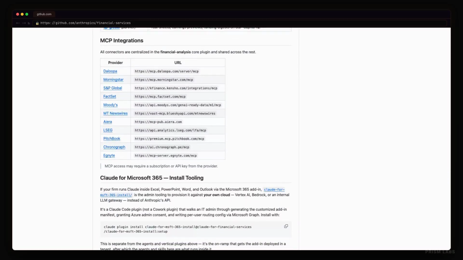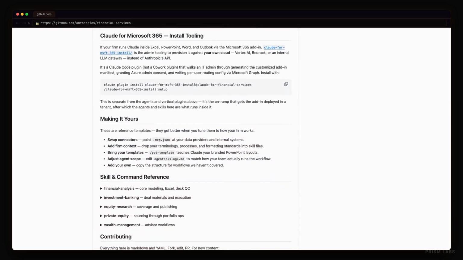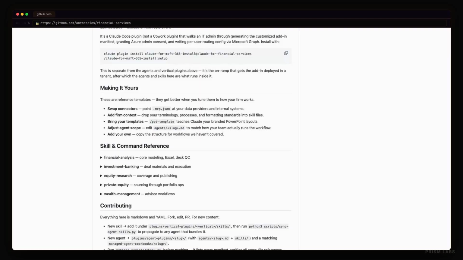Everything ships 2 ways from one source. Install it as a Claude Cowork plugin, or deploy it through the Claude Managed Agents API behind your own workflow engine. Same system prompt, same skills, same agents. You choose where it runs. 12 named end-to-end agents covering coverage and advisory, research and modeling, fund admin and ops, plus onboarding and compliance. 7 vertical skill bundles. 11 MCP data connectors to FactSet, S&P Global, Moody's, Daloopa, PitchBook, Morningstar, and the rest of the FSI data stack. 11.1k GitHub stars. Apache 2.0 licensed. This is the blueprint for production Claude in finance.